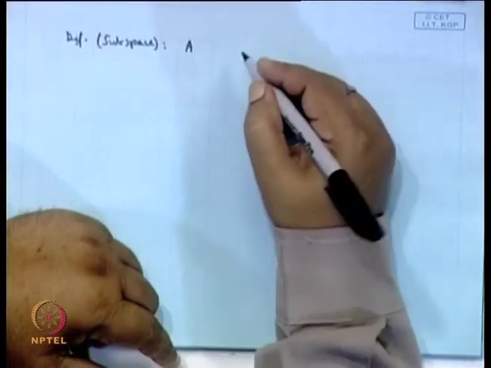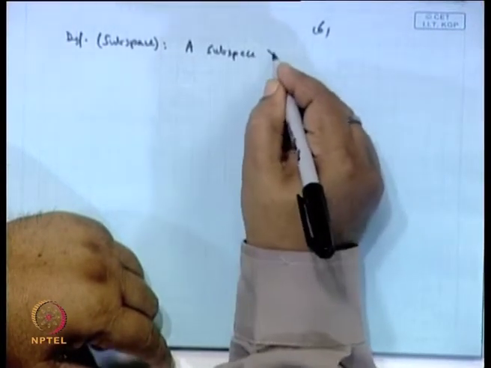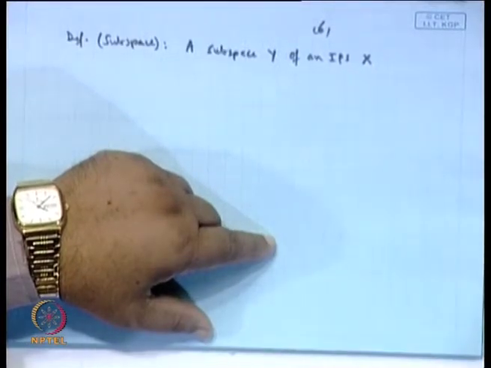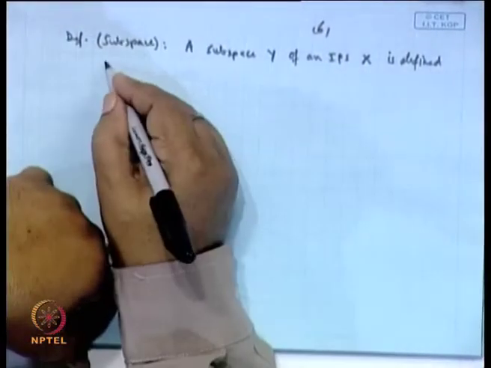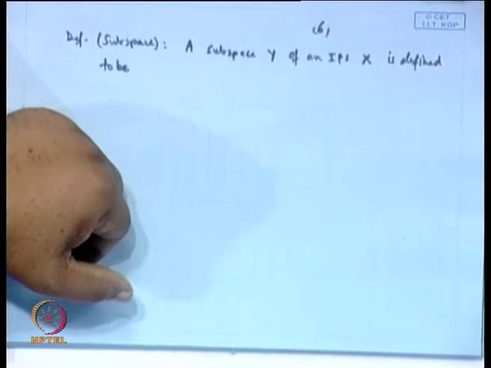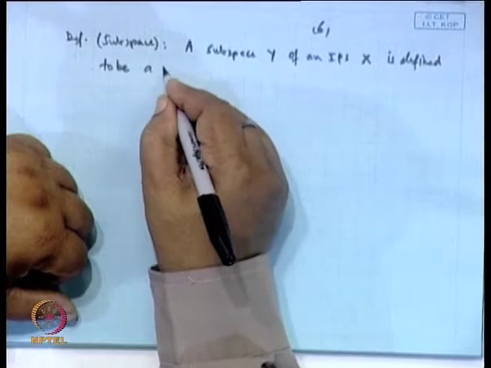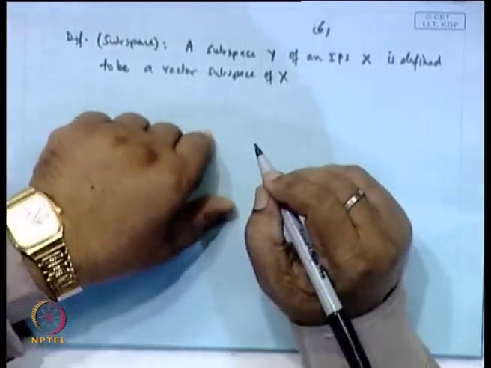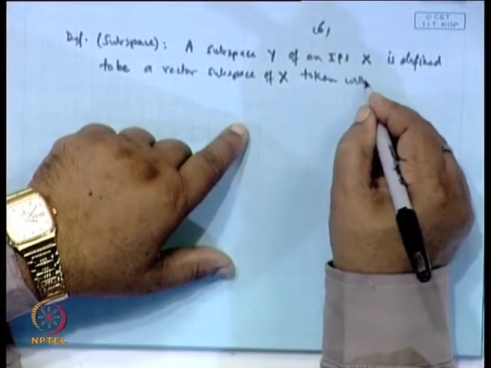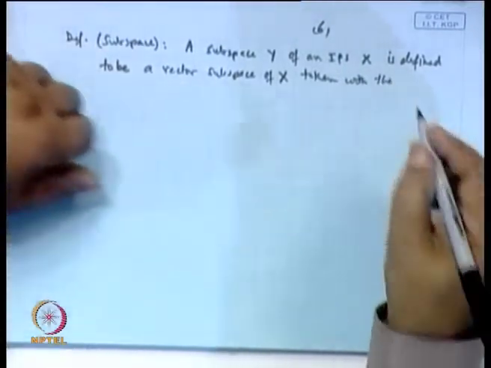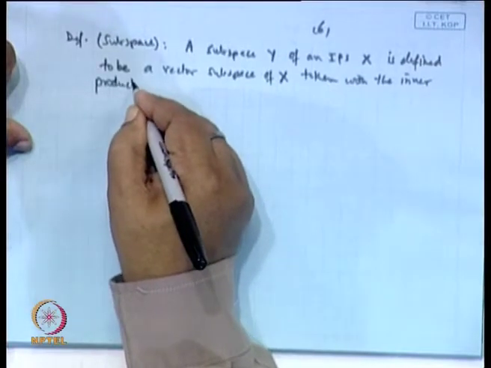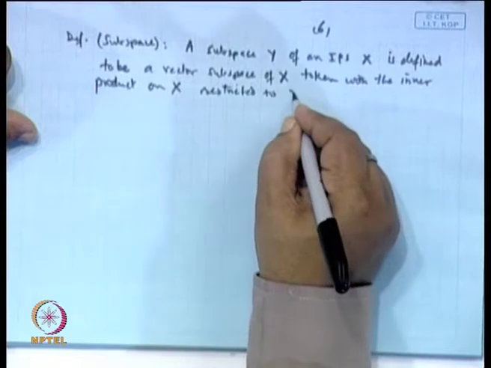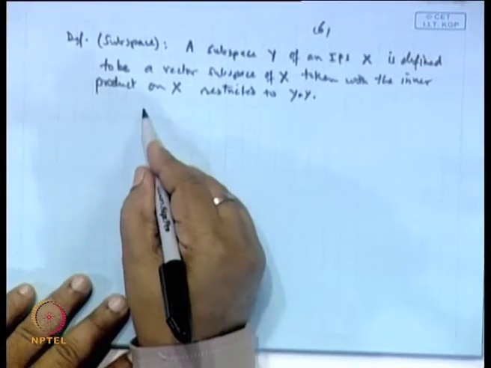A subspace Y of an inner product space X is defined to be a vector subspace of X, taken with the inner product on X restricted to Y cross Y. Okay. What is the meaning is, suppose X,